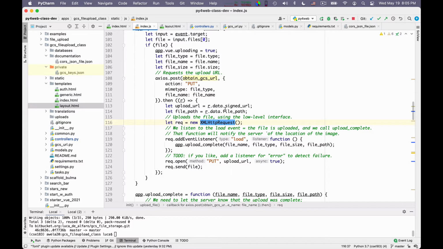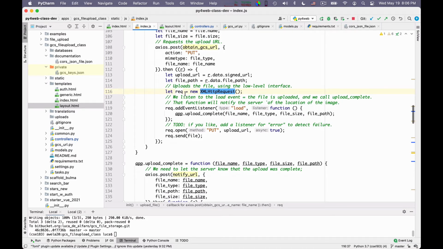Okay, the problem is that Google Cloud Storage wants to be talked with a very specific protocol. Axios is in the end not able to add the proper headers and the proper authorizations, and always tries to send up files that are encoded not in the right way for what Google Cloud Storage expects. So after trying to use higher level libraries, I concluded the best is really to use the basic library, which is this XML HTTP request, which is built into all modern browsers.